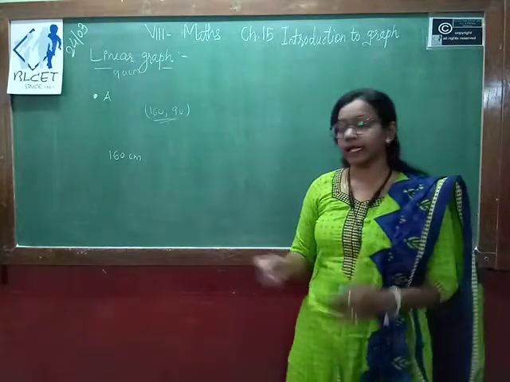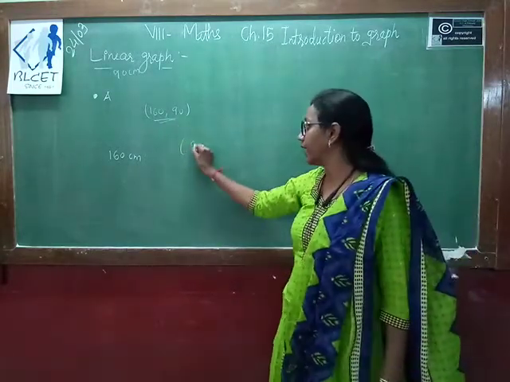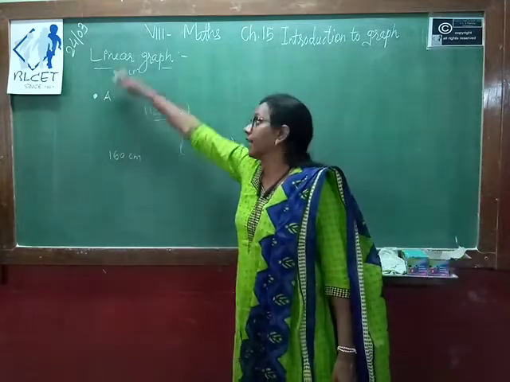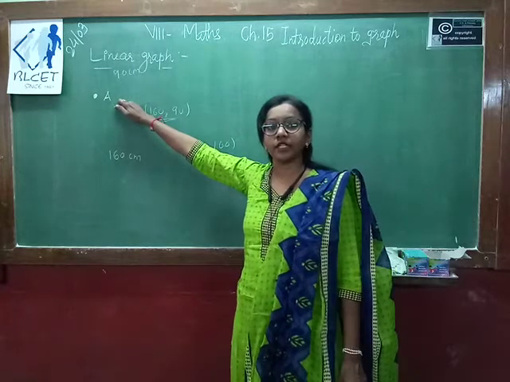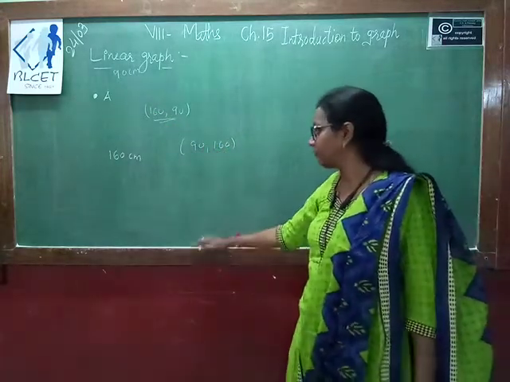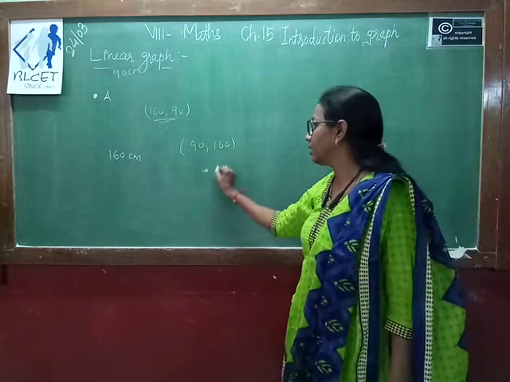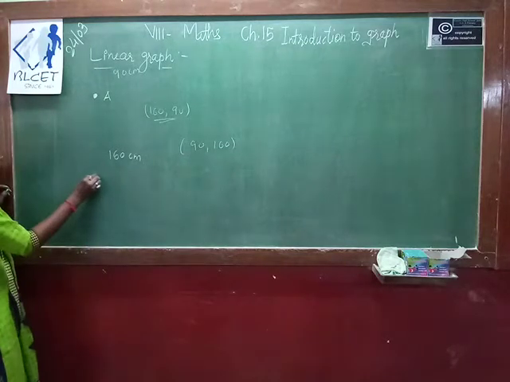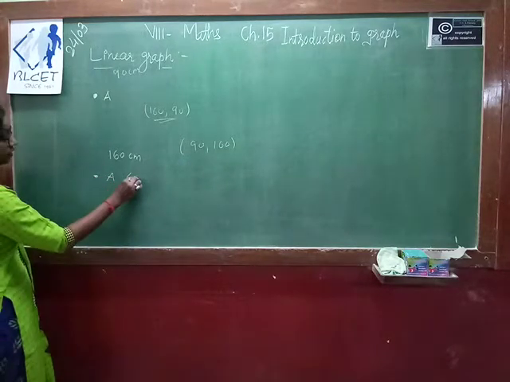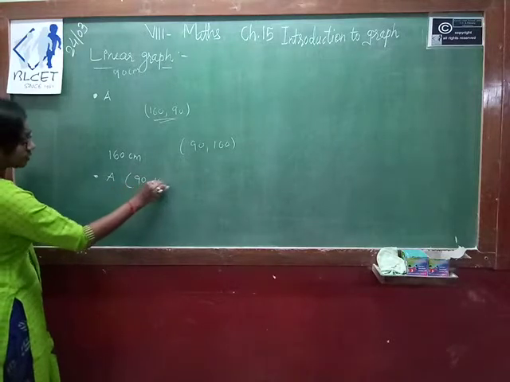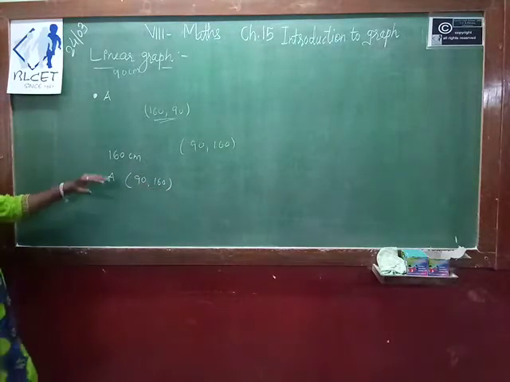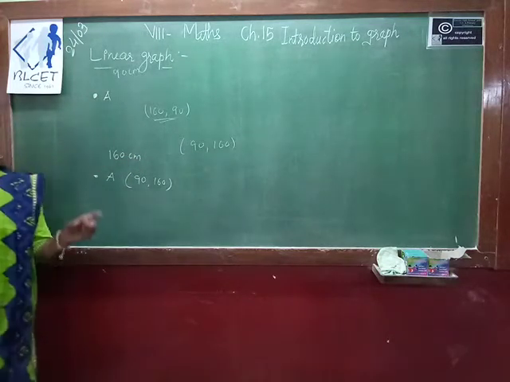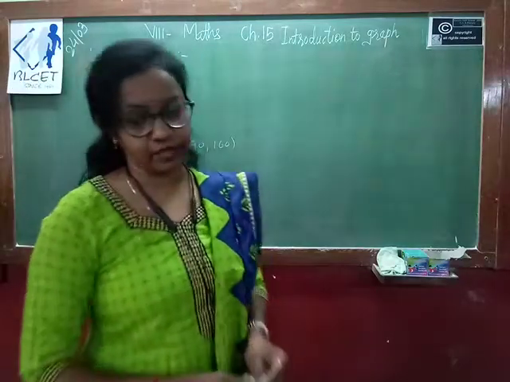Now the question arises: is 160, 90 the same as 90, 160? No. If you observe, the distance variation is there. If I say 90, 160, meaning 90 from the bottom, the point can be somewhere over here, on the exact line. So this is your 90, 160. The difference is that if you change the measurement from top and from bottom, then the location of the point will also change.